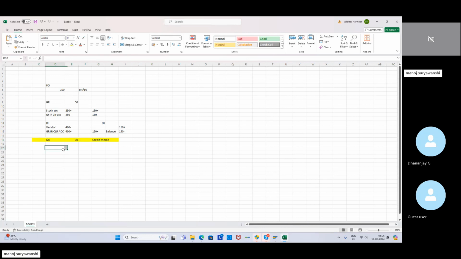किसी रीजन की वजह से हमने उससे वो रिमेनिंग 30 क्वांटिटीज को रिसीव नहीं किया, या उसको क्रेडिट मेमो अगर रेज नहीं किया, तो जीआरआईआर पे ये 150 रुपए का जो बैलेंस है वो उस अकाउंट में वैसे ही जमा होके रहेगा।